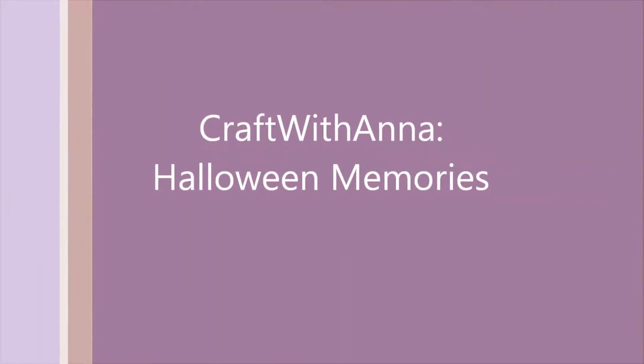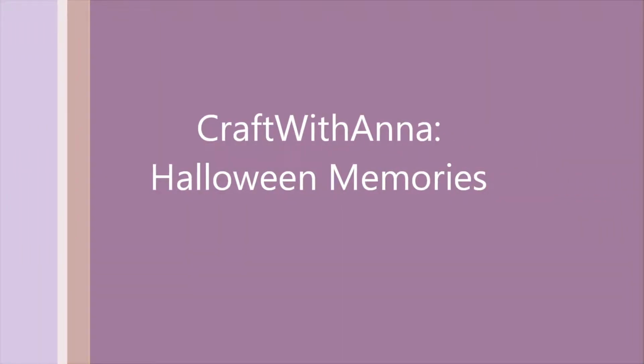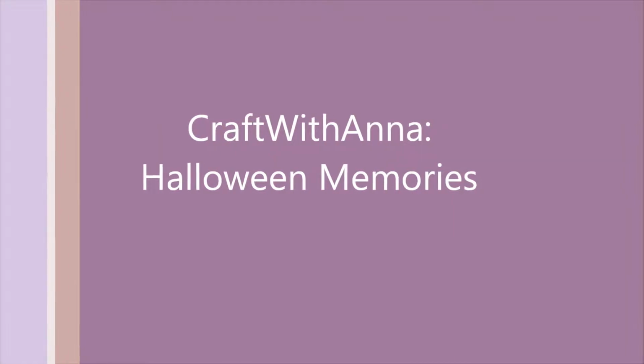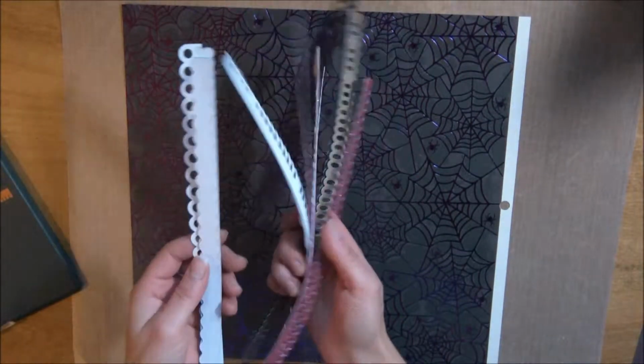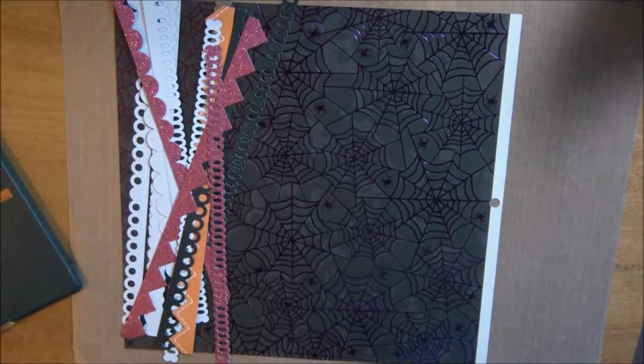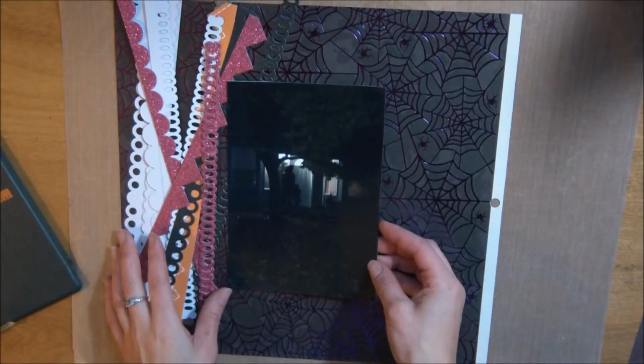Hi friends, I'm here on a quick Craft with Anna adventure down Halloween memory lane. Let's start with some die cut paper strips and a piece of black and purple spiderweb paper. I've got a really dark Halloween photo and there's no contrast between these two, so